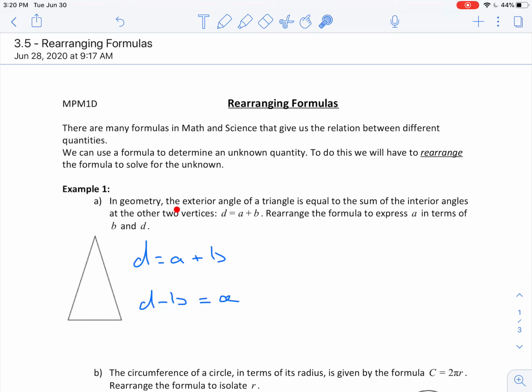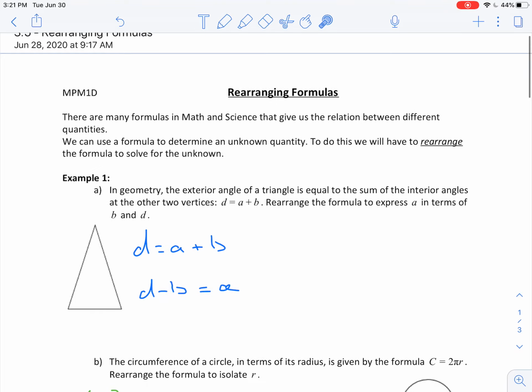In geometry, the exterior angle of a triangle is equal to the sum of the interior angles at the other two vertices. So in this case, D is equal to A plus B. Rearrange the formula to express A in terms of B and D. So the formula they give us is D is equal to A plus B. I want A to be alone, so how do I rearrange this formula in order to have A isolated? Well, I simply take B and I subtract it from both sides, and I end up getting D minus B